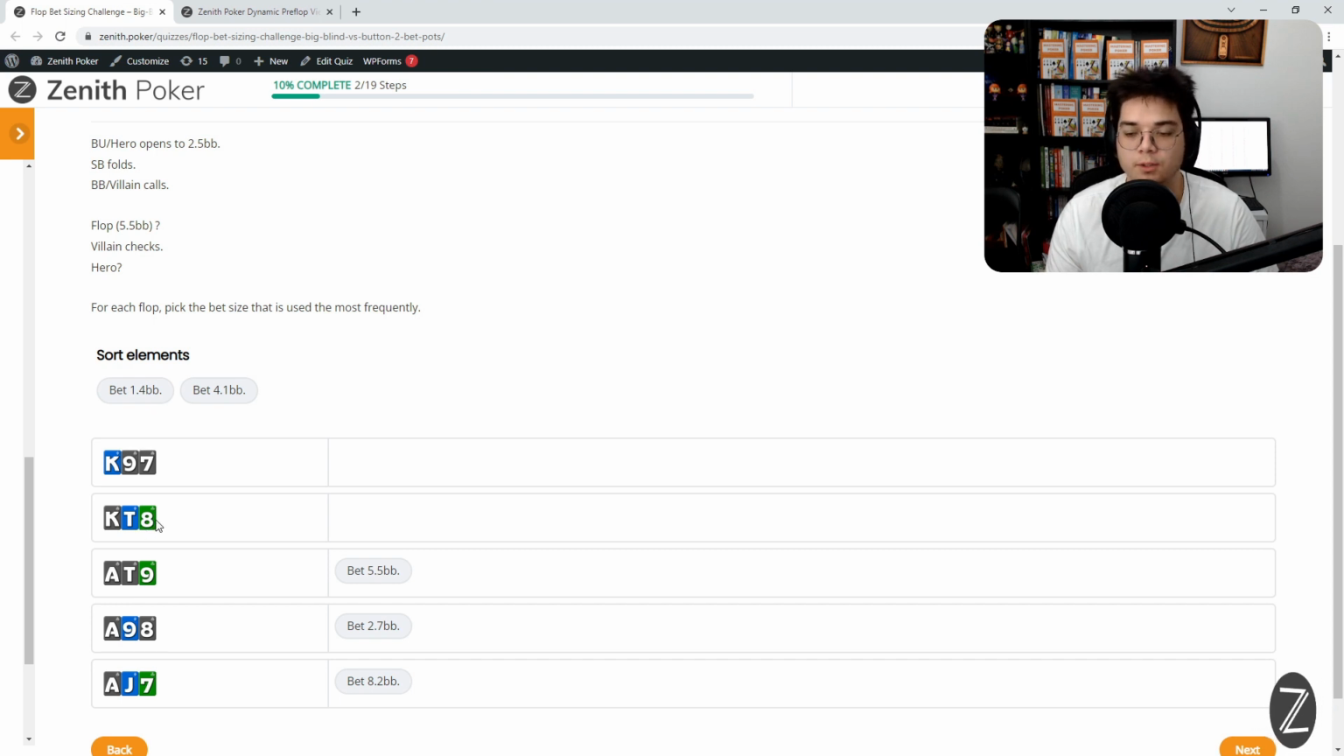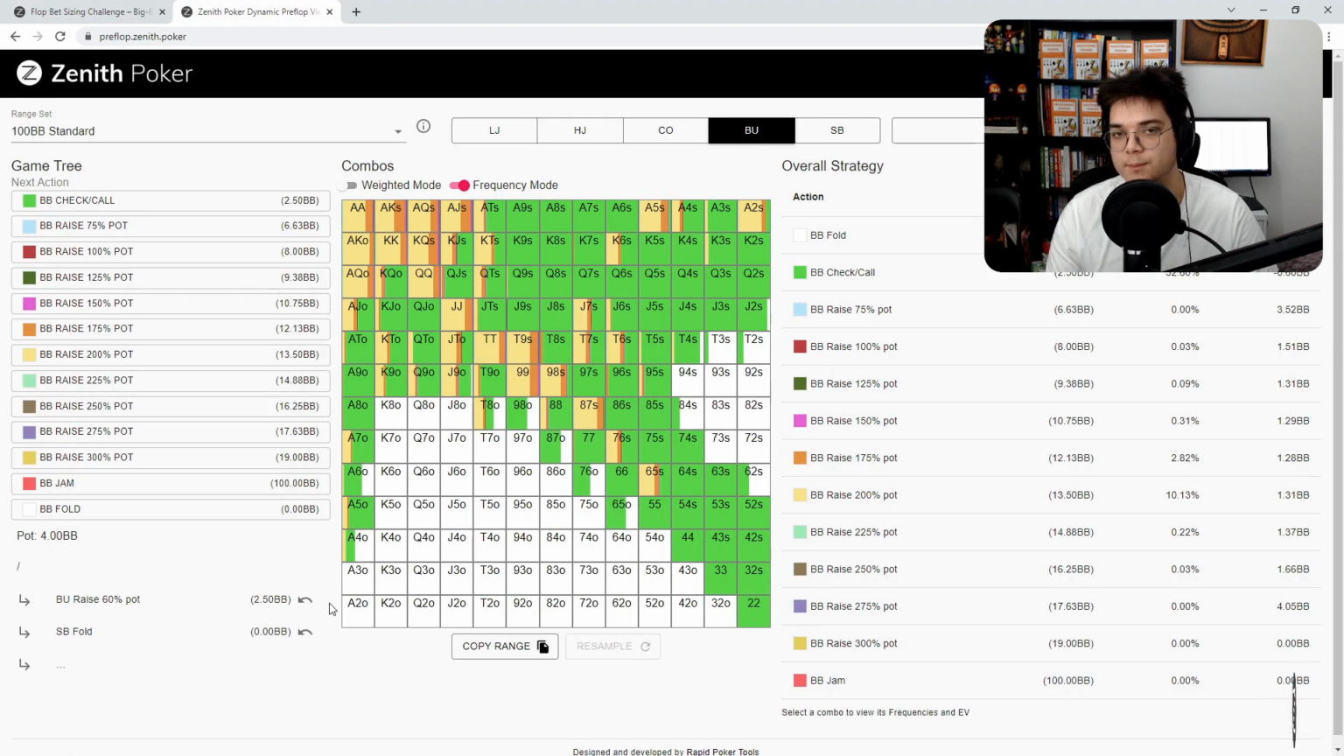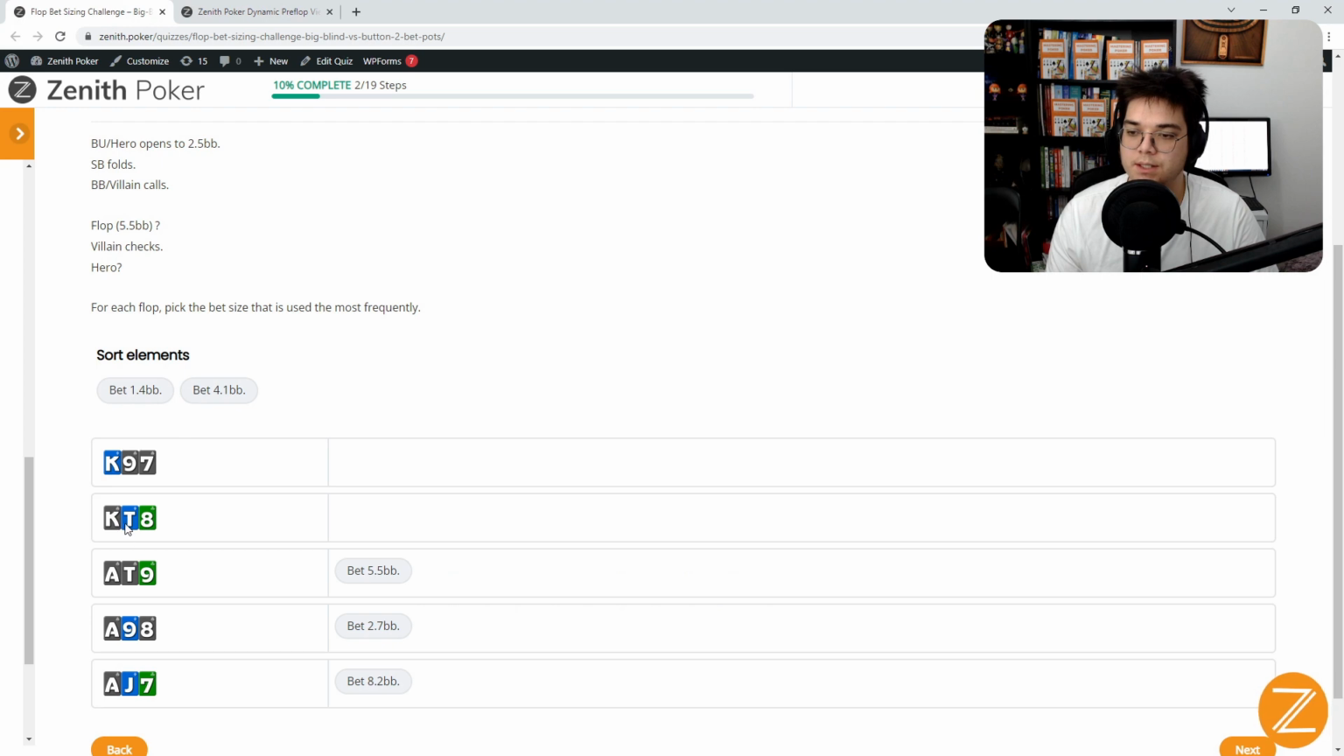So bet a little bit smaller and more frequently to deny equity on the rainbow boards, compared to the flush draw boards where you usually want to bet less frequently and a little bit bigger, just because there's more equity to deny, because a lot of those gut shots might also have flush draws and backdoor flush draws. So here on the King 10 8,